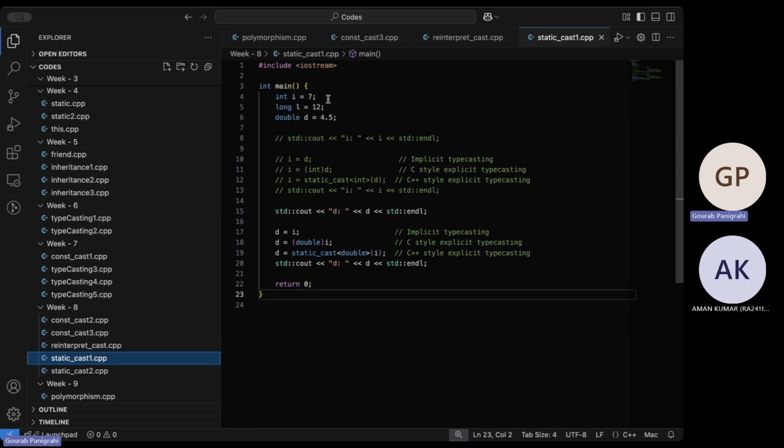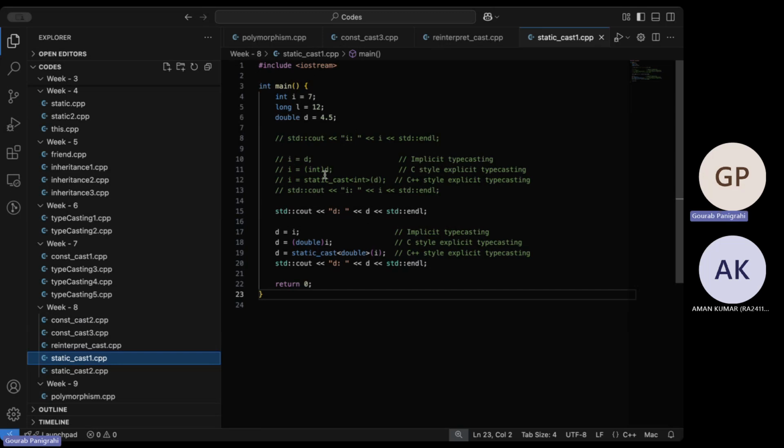I is the integer where we store 7, L is the long where we store 12, and D is a double where we store 4.5. Printing is as usual. When we try to store D into I, there will be implicit typecasting. You lose data, because you're storing a double, 8 bytes, into 4 bytes of data in the integer.